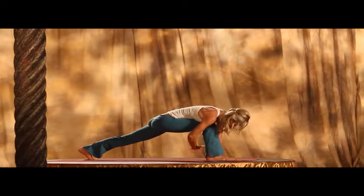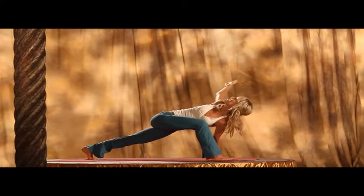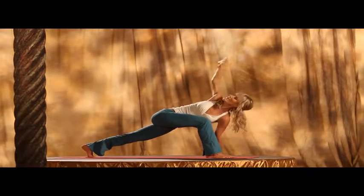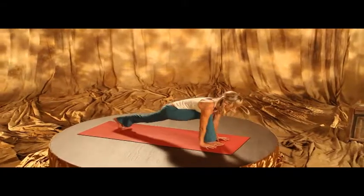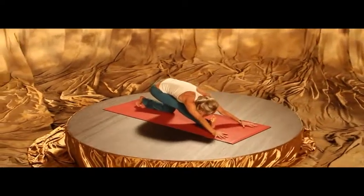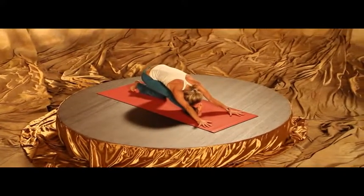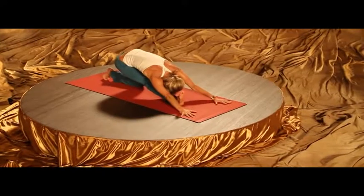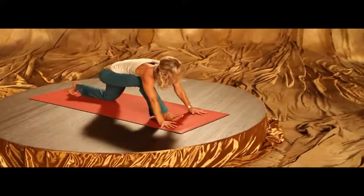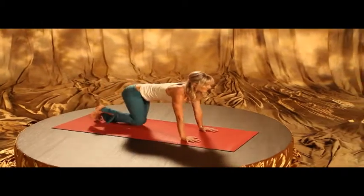Exhale, bring the hand back to center, and one more time, lift up through the left side waist, drawing your arm across your body. And exhale, hand comes down, knee comes down, and extend your front leg, giving it a counter pose in Ardha Hanumanasana or half splits. As you're ready, shift forward back into lunge